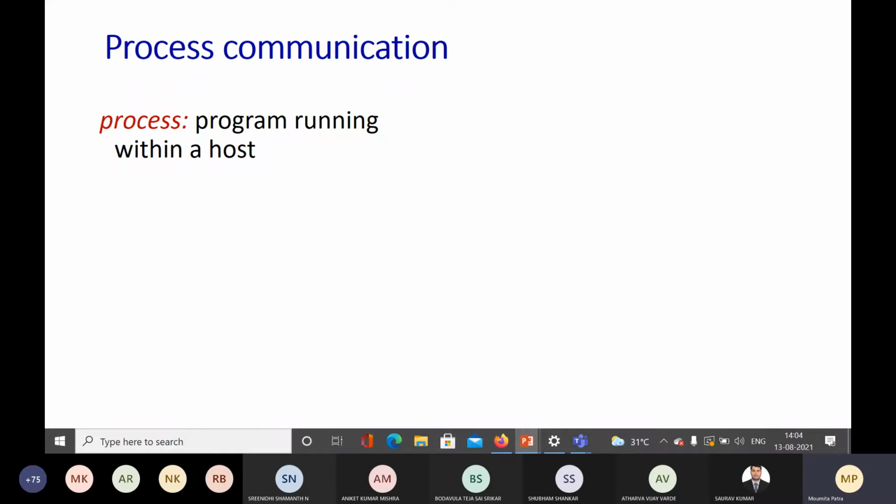So today we are going to start our class with process-to-process communication. That means communication of a process running at one host to another process running at another host. Okay, so we are trying to do that kind of communication here. So first we define a process as a program that is running within a host. Okay,